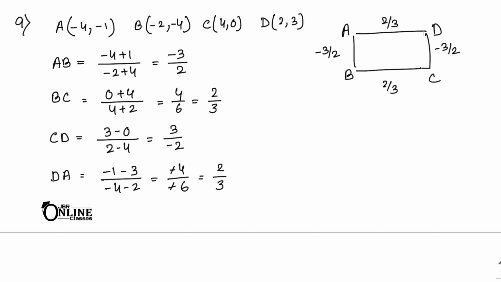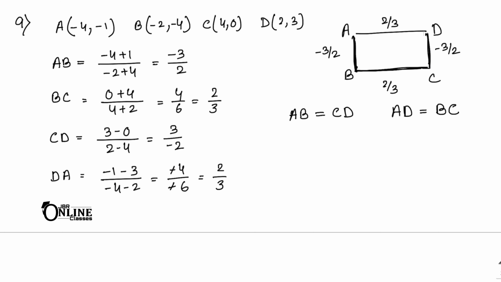So for the opposite sides AB and CD, both slopes are equal. That means the slope of AB equals the slope of CD, and the slope of AD equals the slope of BC. Now in that case, you also have to prove that these two lines, AB and BC, are perpendicular,